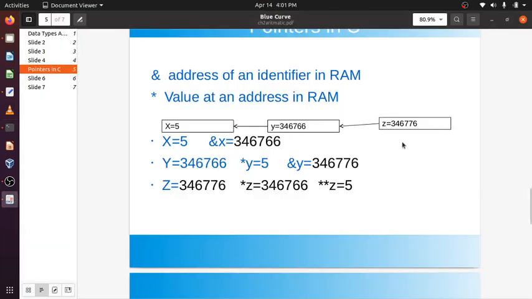So again, if I repeat, the moment I do *z, it means the value that is contained in the address location which is there in z.